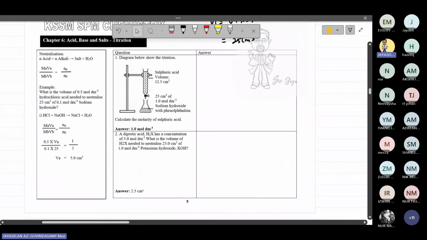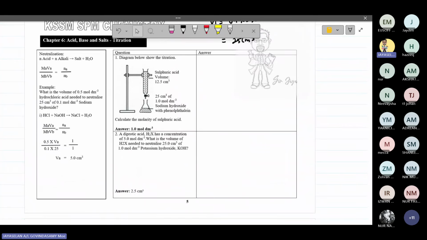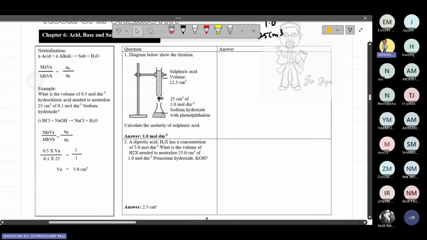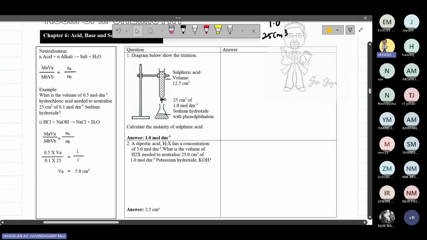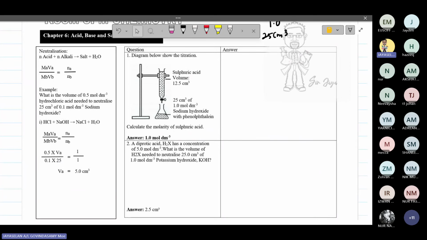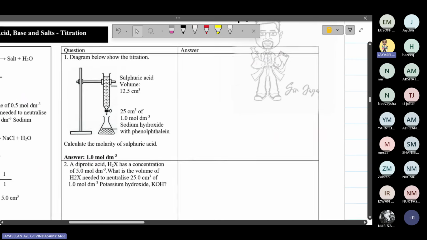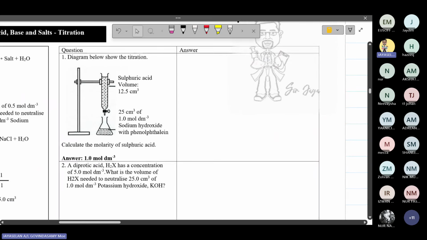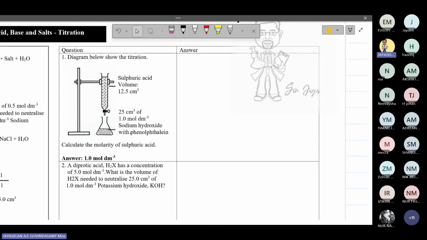This titration question is very famous. How many marks will you get? Equation 2 marks, calculation 3 marks, total 5 marks. So don't get it wrong. Here I have put some questions, so make sure you do them, and after that do other revision also. Okay, now I do number 1. When you see this question,